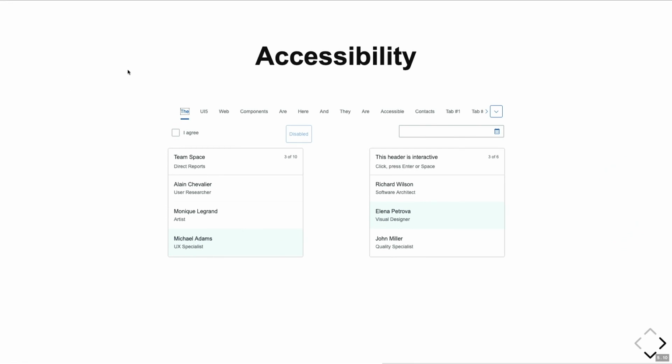So he pressed the tab, and the focus goes immediately to the selected tab. Then he can use the arrow keys, left and right, for example, to change the focus. And if you want to change the selection, he can use the Enter or Space key. Now if he does tab again, he's going to the Overview button. And if you press Enter, the overview is opened, and he can move again through the list and with Enter